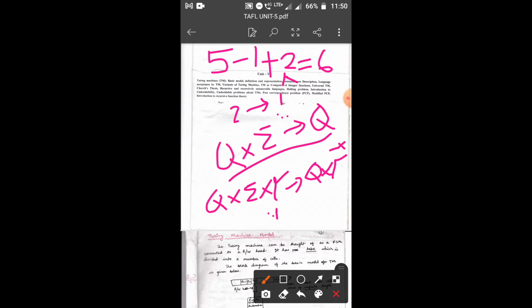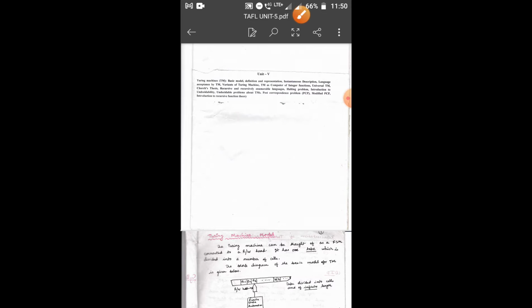Next, we have studied in this particular unit about minimization. Very important thing.